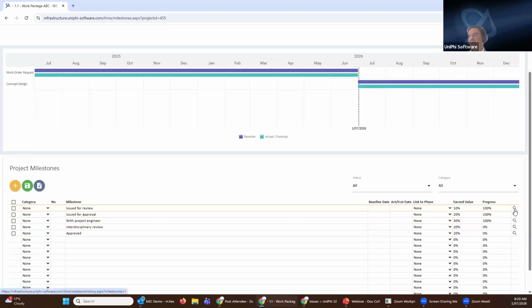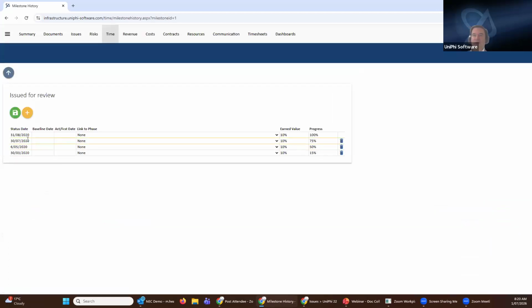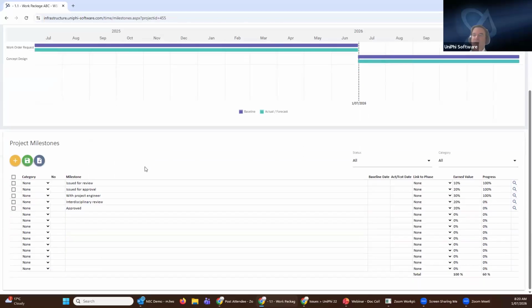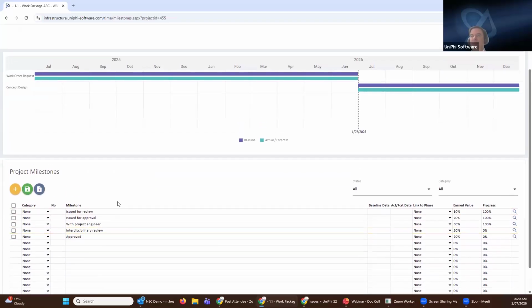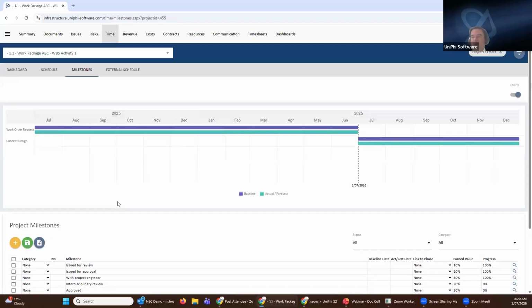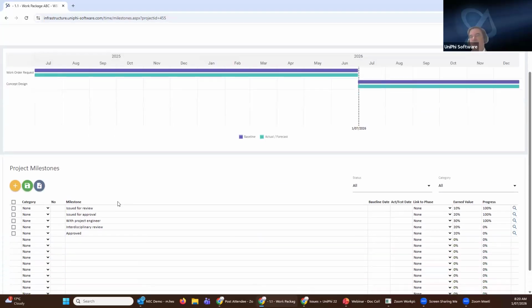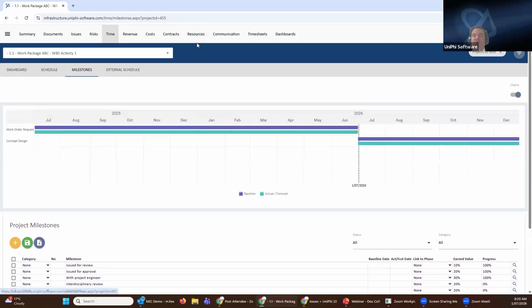And then as you do the progress, you'll have status dating with that progress going from 15 to 100 of that 10% for this particular collection of deliverables that need to be managed out to get the design to progress. So that can actually be happened in UniPhi independent of an external schedule. And what it enables you to do is to use the resource role allocation to distribute that activity to the people who are responsible for that particular activity to update it.